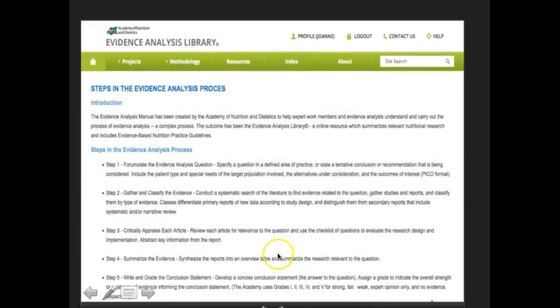And they go through a process to come up with this evidence. It's a 5-step process. Basically, they come up with what their question is. And then they gather professionals, dietitians, physicians, nurses, epidemiologists, to look at the research that's out there and to classify each research article. Every research article has its own merits and drawbacks. So they rate the research that's out there, and they put together a comprehensive rating of these recommendations based on the evidence.